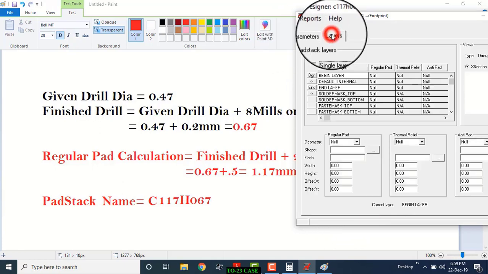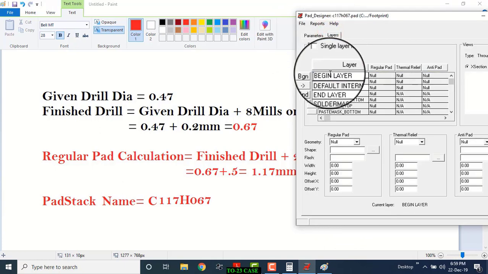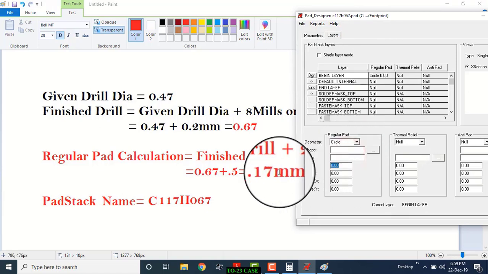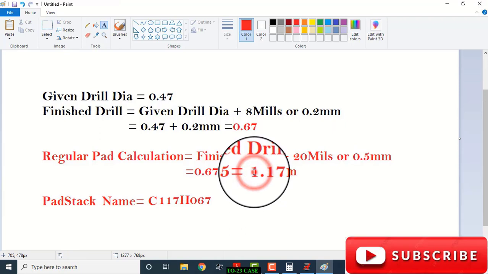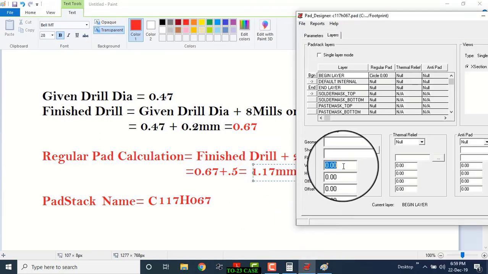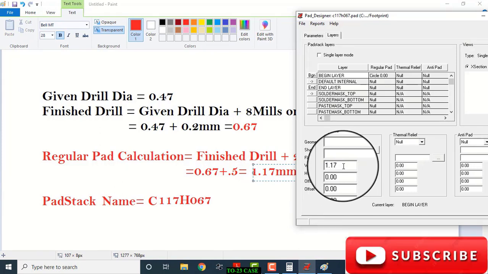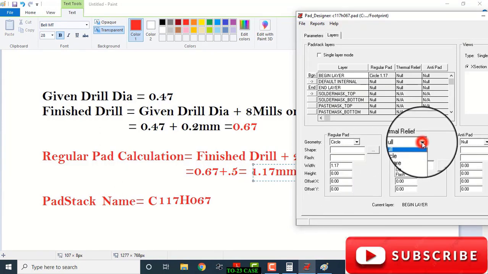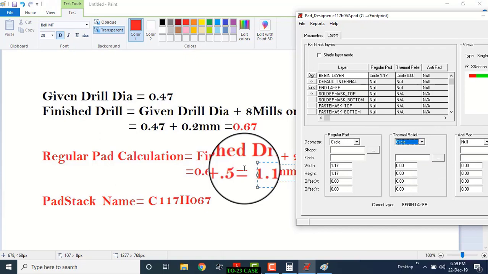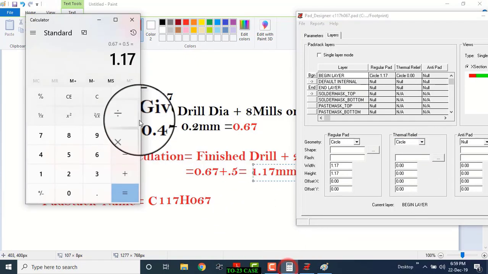Then go to the layer, click on begin layer, select circular, size is 1.17. Thermal relief circle only, and drill size plus 30 mils. So what is the finished drill?